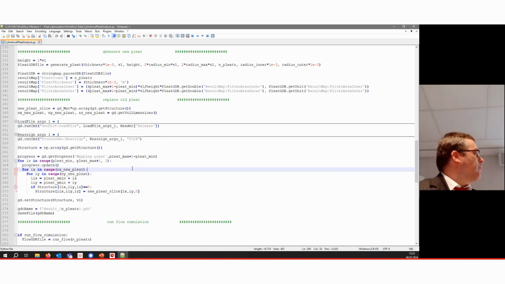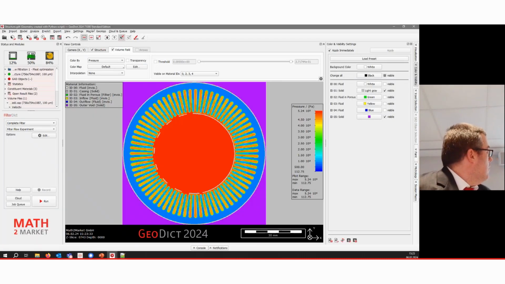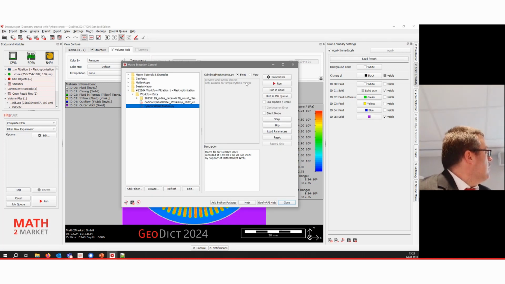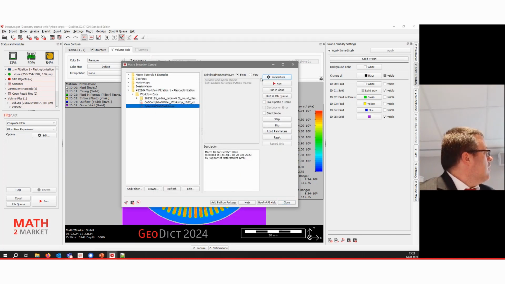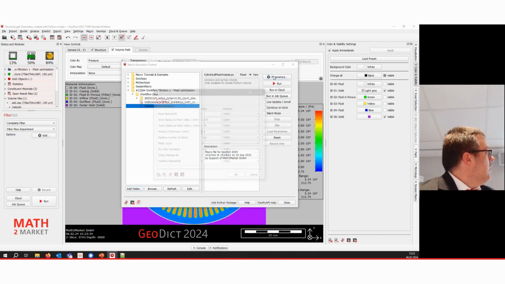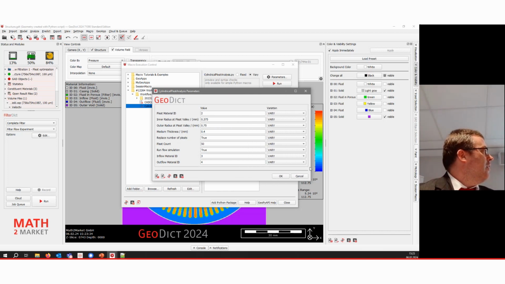And then we have already done that. We have a UI which we can use to validate. I can also show you that. Macro run script. What I mentioned here was we had those parameters here. They were just click here on the vary. We can do a complete parameter study by entering it into the UI here.